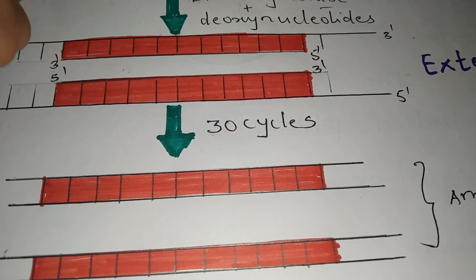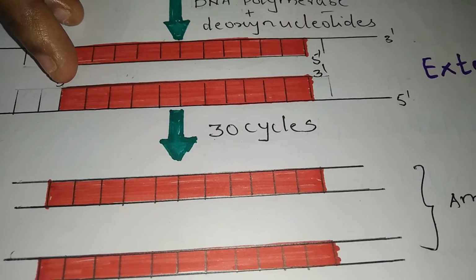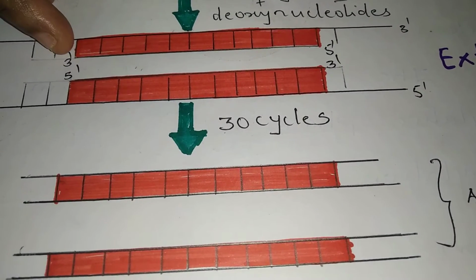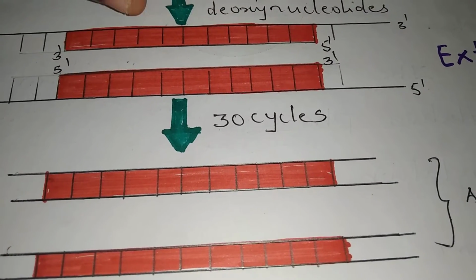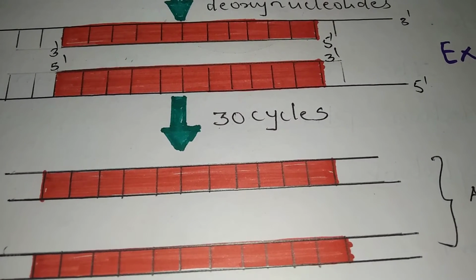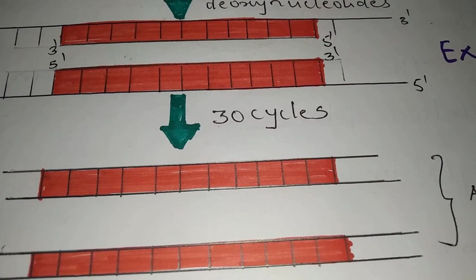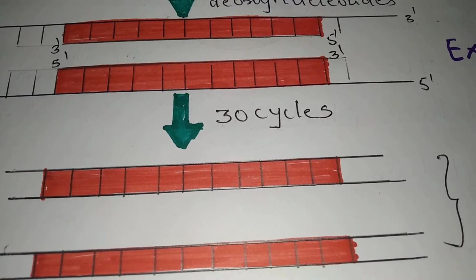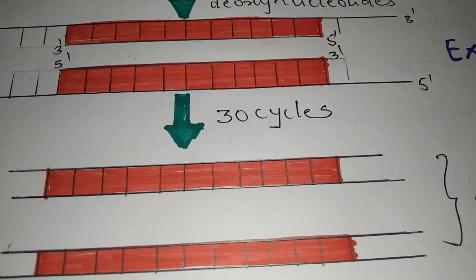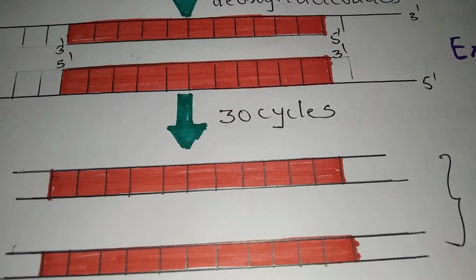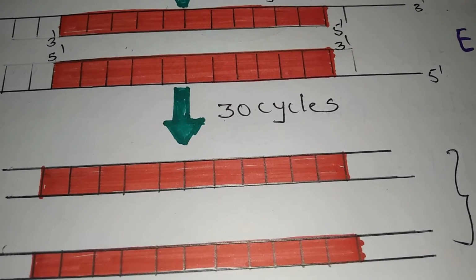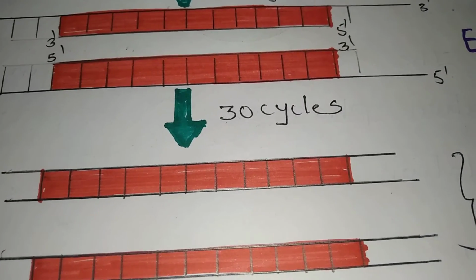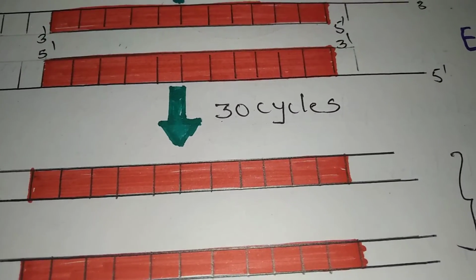We are going to place these E. coli cells on the antibiotic ampicillin. Now, if the cell is able to survive, that means it has the antibiotic resistance to ampicillin in it. That is why it is able to survive. Then these are called the transformed cells. Suppose the cells are not able to survive, that means they do not have the antibiotic resistance, then those are called the non-transformed cells.